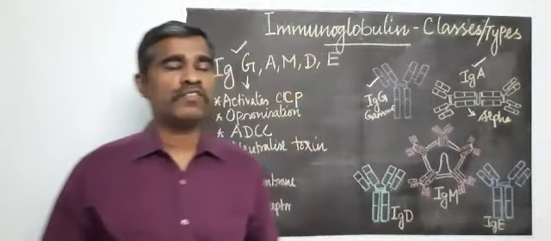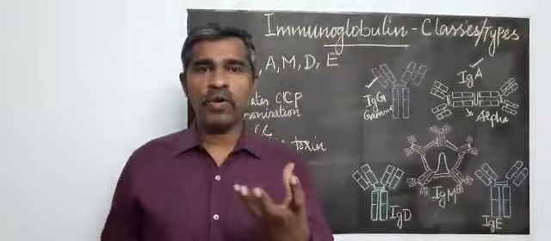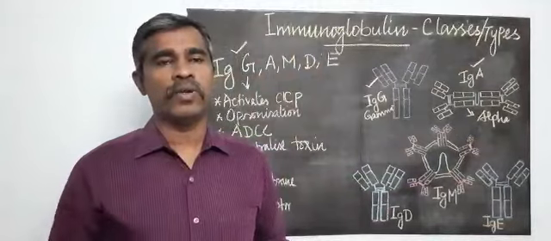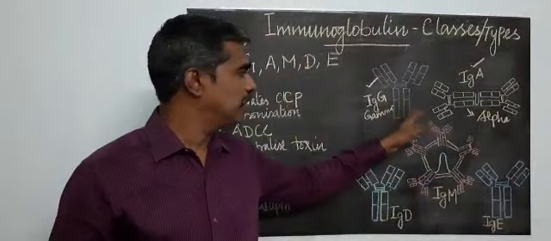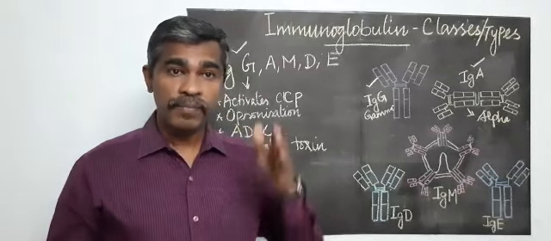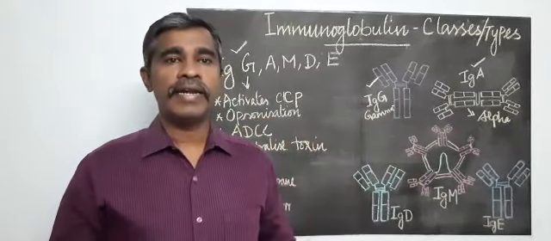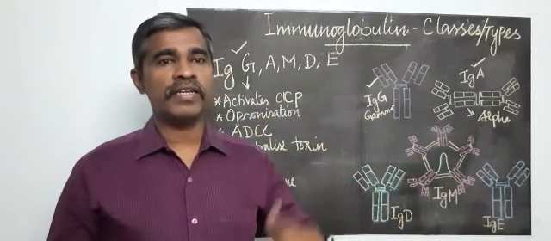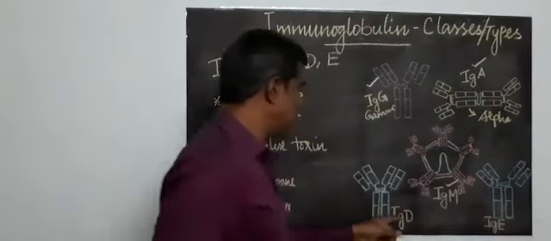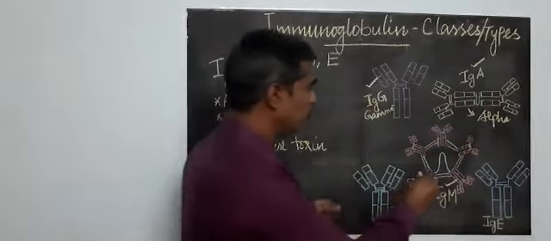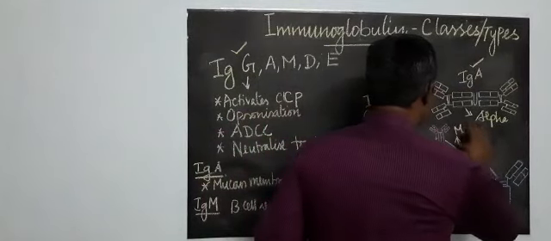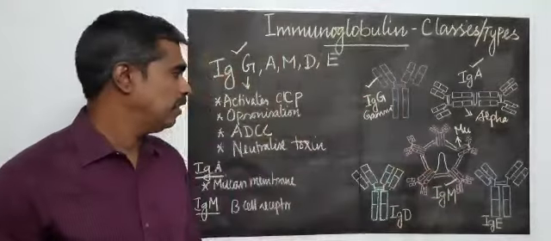So that is the significance of this IgM, and it is also heavy in molecular weight, because 5 monomers are there, so it is a heavy molecule. When compared to IgG, it is a very heavy molecule, and it is giving immediate response to the antigen or the pathogen that is entering into the system. So that is IgM. Before the next, the heavy chain of IgM is mu. Mu type heavy chain is present in IgM.